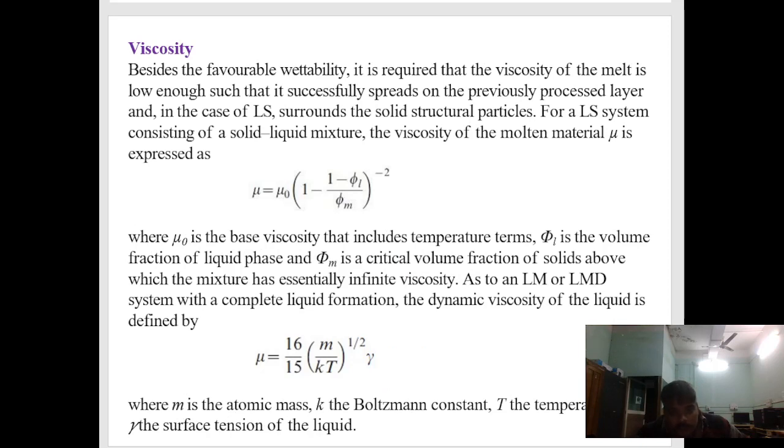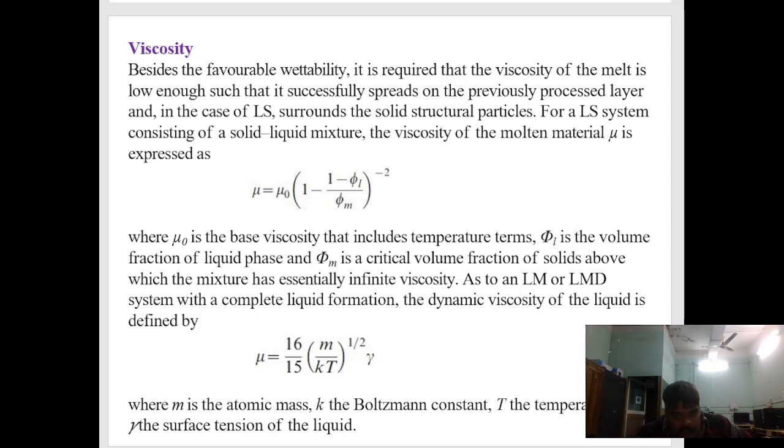Next property is the viscosity. Besides the favorable wettability, it is required that the viscosity of the melt is low enough such that it successfully spreads on the previously processed layer, and in the case of liquid solids, around the solid structural particle. For an ALS system consisting of a solid-liquid mixture, the viscosity of the molten material mu is expressed as,